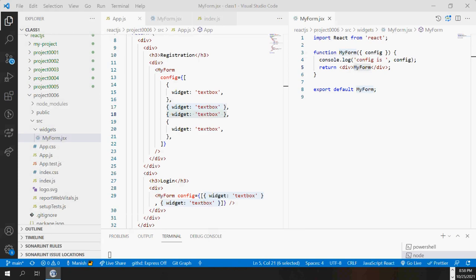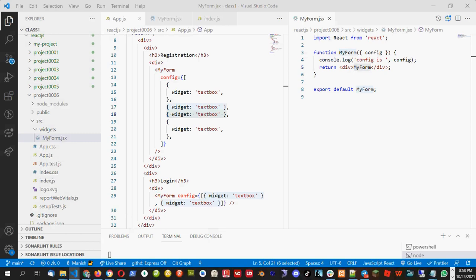Okay, yeah. Rajani has written config.map. Correct. So maybe everyone knows it, but I will just go through it. Okay. So here, instead of my form, I'll delete the my form text, and here I will